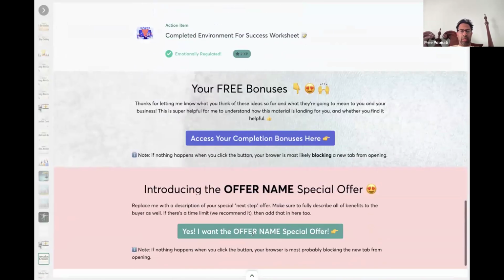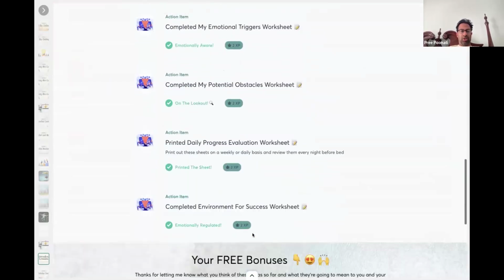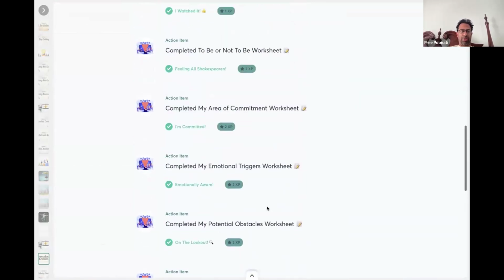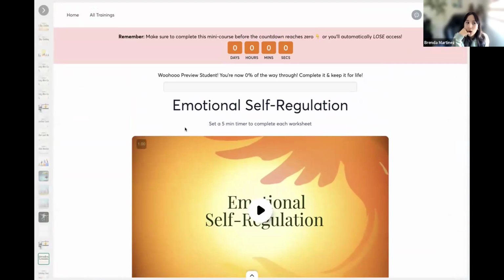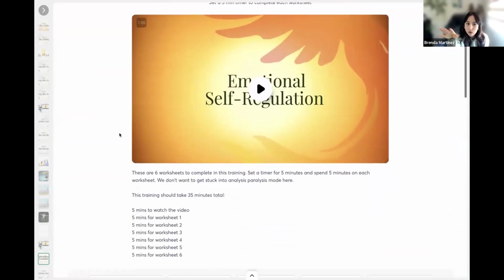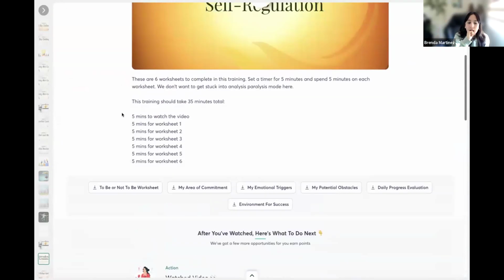Then the other thing, why isn't training 3 coming up on here? Is it because I finished it already? Yes, so there's no more trainings after the third one, right? You completed the course, so there's nothing else that they need to take you to. You can watch all the trainings in all trainings. Okay, so just go to all trainings.